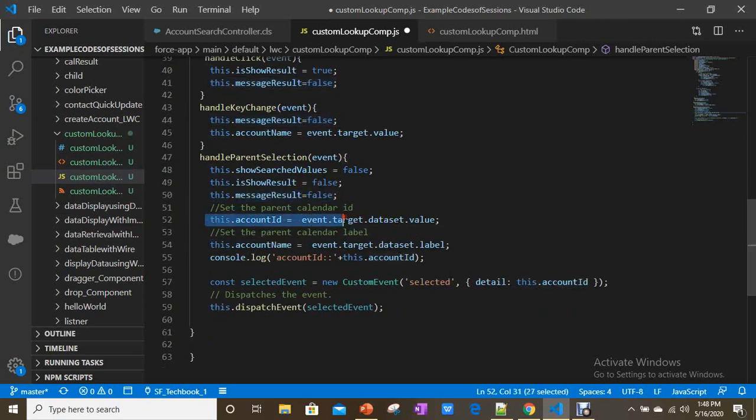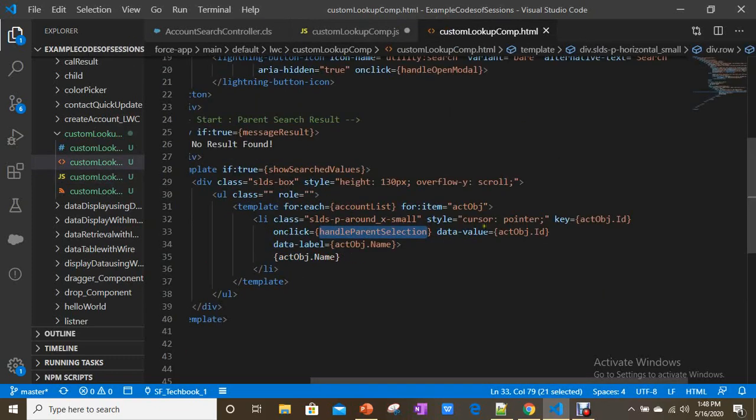And I'm assigning the value from the event, right? From the event through dataset. How do you get the dataset? Because you already assigned dataset values here by using data hyphen value. As I told you, when you are going to access these values, when any event happens on this list item component, you just need to use value or label.